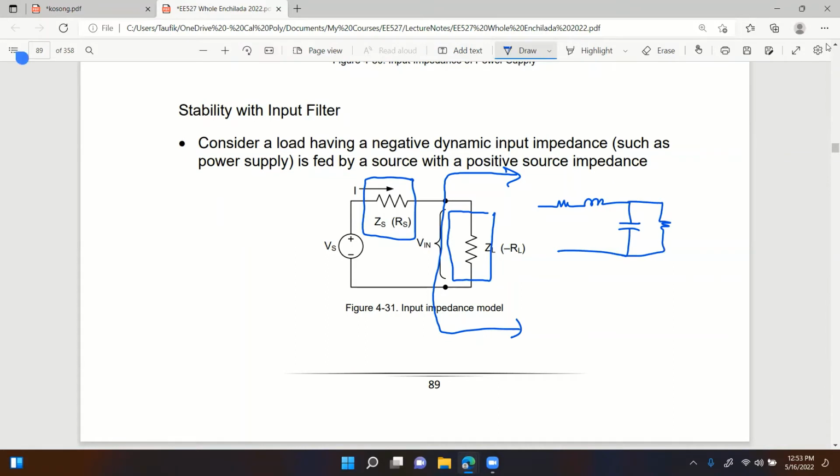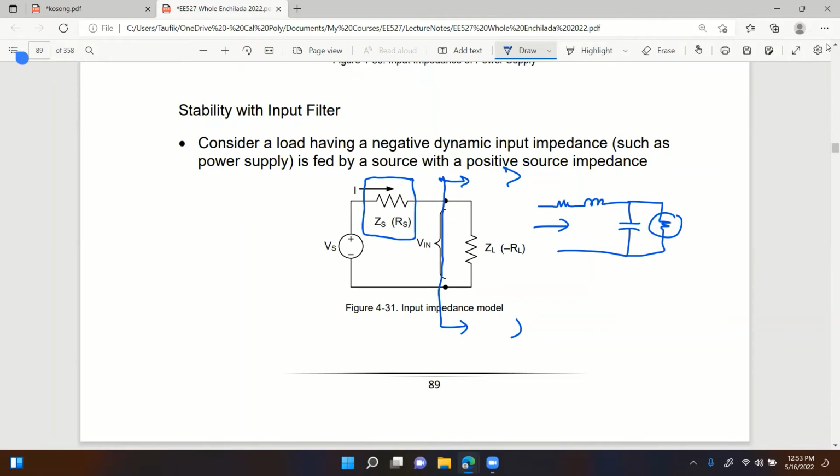So not just the load by itself, but the entire filter as well, right? And we know that it is a negative impedance, right? That this input impedance is negative input impedance, right? Now, that's why I put minus RL right there. All right, so what's it saying here? Okay, so here's the source impedance. Here's the input impedance to the power supply. Right. And then